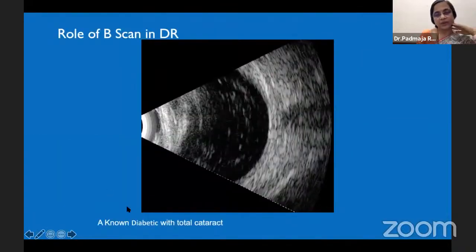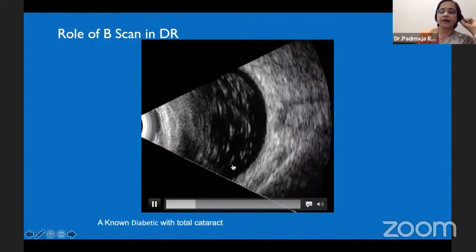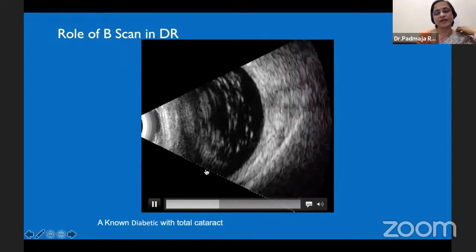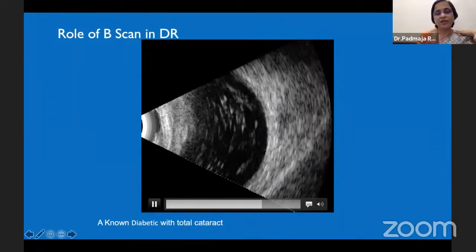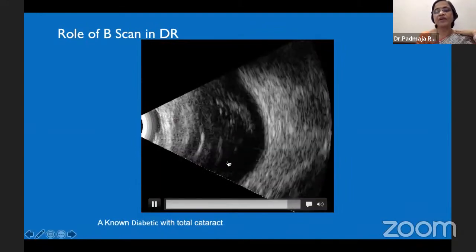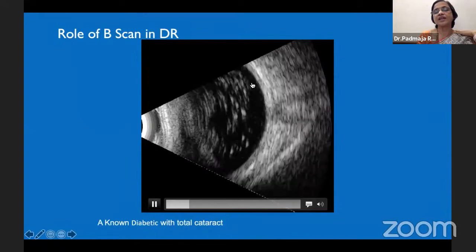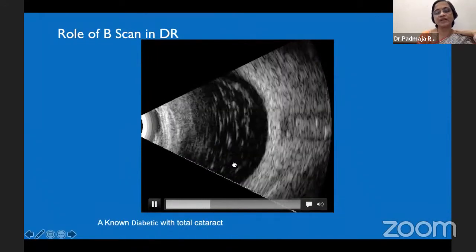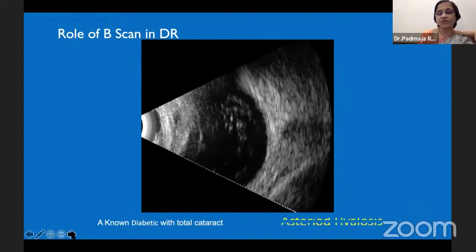And now let us look at the last investigation. When a patient comes with a medial haze, for example a known diabetic comes with a cataract. So this is where you see that there are a lot of crystalline kinds of deposits, and one could think that it could be vitreous hemorrhage. So that is one differential. But here one needs to observe clearly that, along with the crystalline deposits, there is an echolucent space beneath. So this is actually a case of asteroid hyalosis.